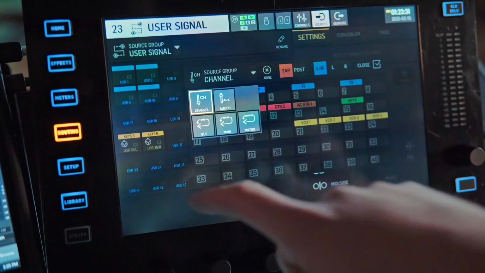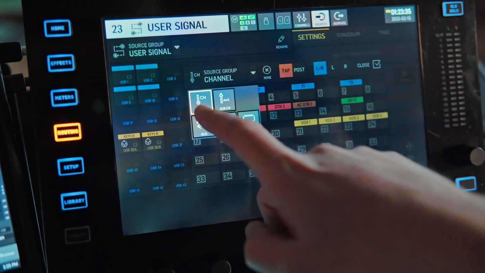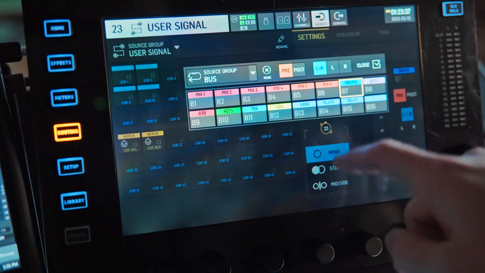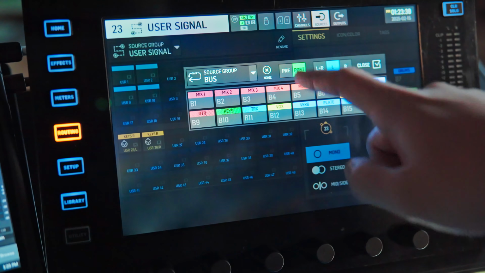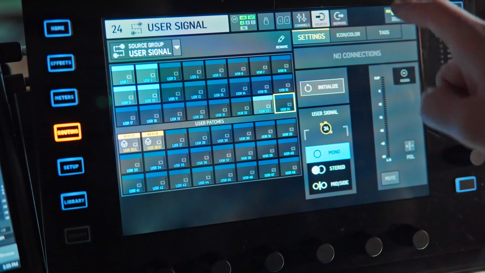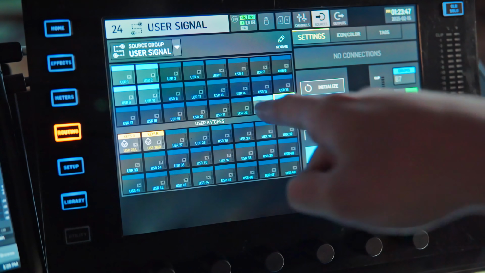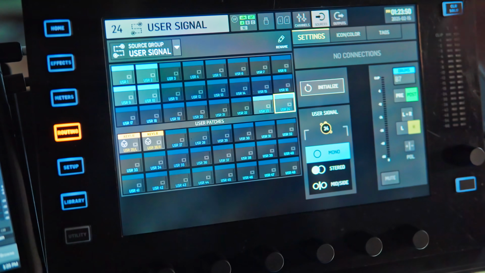So let's change our source group to a bus, right? So let's do a drum bus. Let's record my drum bus left post fader and my drum bus right post fader. And now I have 2 user signals that I can now just record my drum bus if I wanted to,